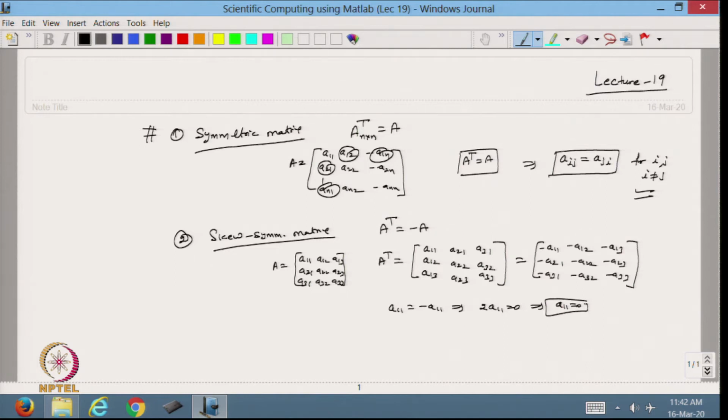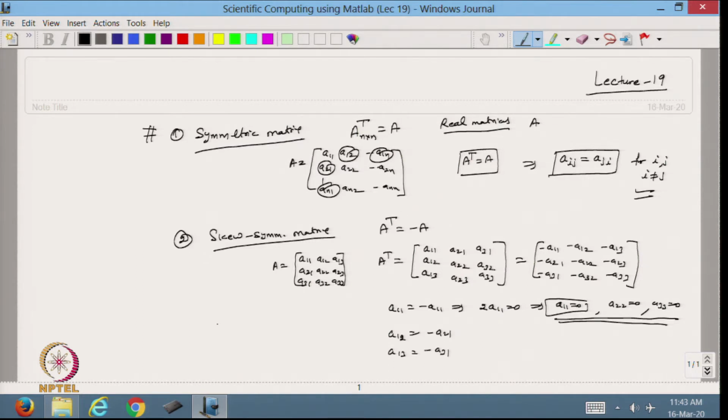So for the diagonal elements, here we are talking about real matrices, meaning all the elements of the matrix A are real. I can see that my diagonal elements A11 should be 0, and similarly A22 will be 0 and A33 will be 0. So in the skew symmetric matrix, the first condition is that the diagonal elements should be 0, for a real matrix. Then A12 should be the same as minus A21, A13 should be the same as minus A31, and so on.